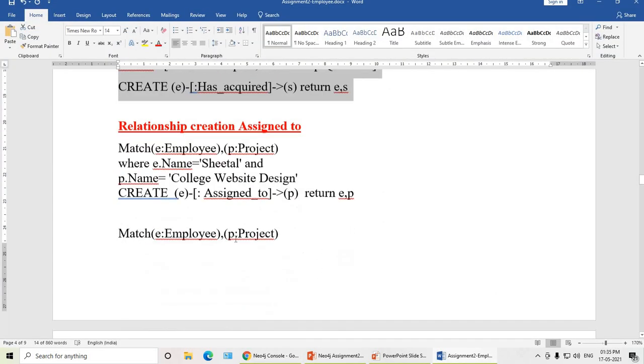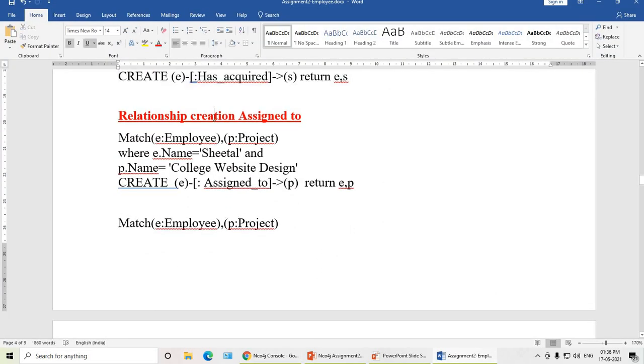Now we are going to create the next relationship, assigned to. Employees assigned to the project. So match employee, project, where employee name is Sheetal and project name is college website design. We have taken different projects and different employees. So employee is assigned to project. So how to create relationship?